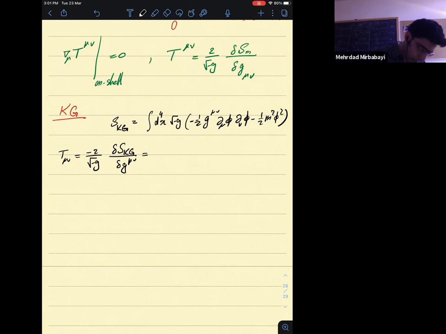So if I do these variations from here, I will get d mu phi, and then from here, by varying the square root of g with respect to inverse g mu nu, I get delta of the square root of minus g over delta g mu nu. It is